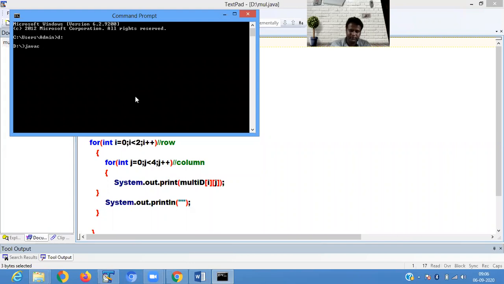I run the file. Printing 1, 2, 3, 4, 5, 6, 7, 8. That is a way of defining a multi-dimension array and retrieving the value. Next example,